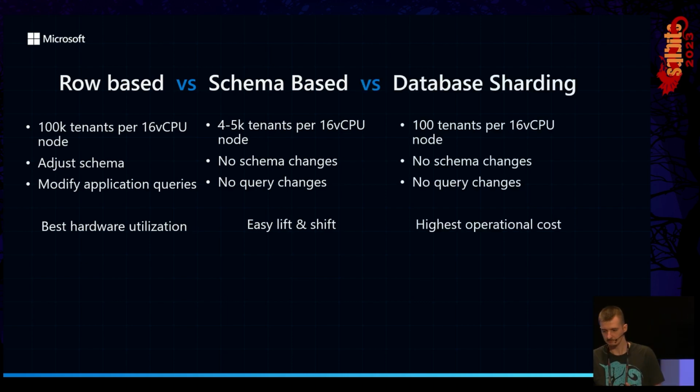And the final model that some people, coming from other databases, often think makes sense with PostgreSQL is database sharding. And with database sharding, the problem is that with PostgreSQL, you can only fit up to 100 tenants per 16 vCPU node. It provides you the same benefits as schema-based sharding, which is no schema changes, no query changes, but that's the highest operational cost, unfortunately. And the problem with PostgreSQL for that is its architecture that originated in 1985, where for each